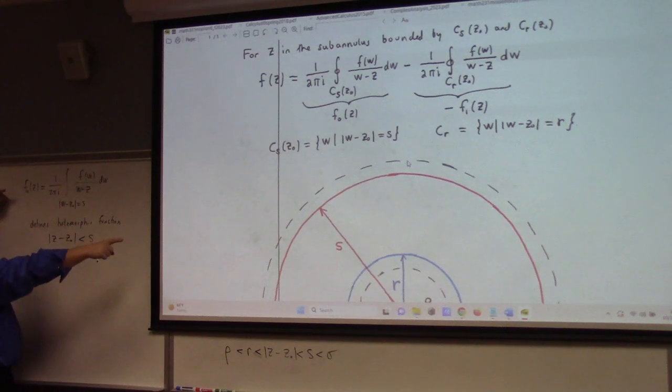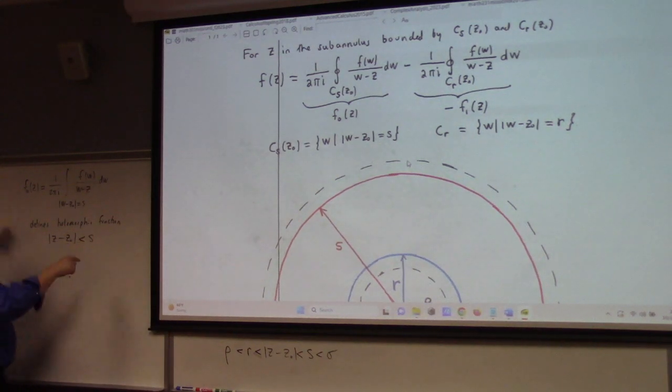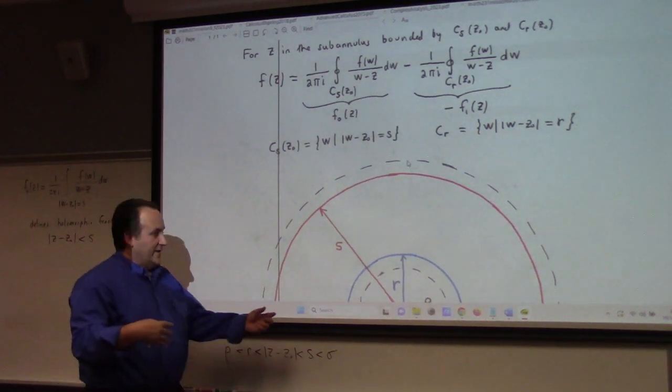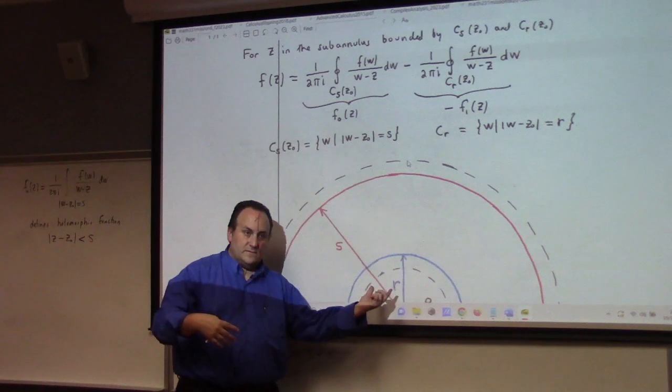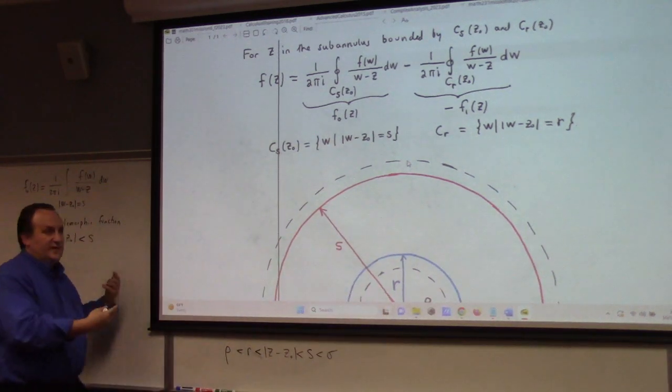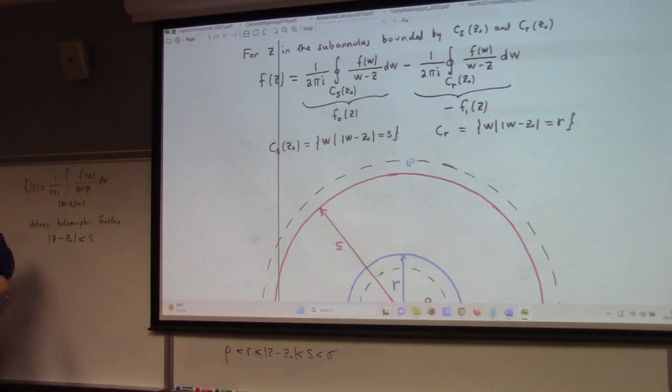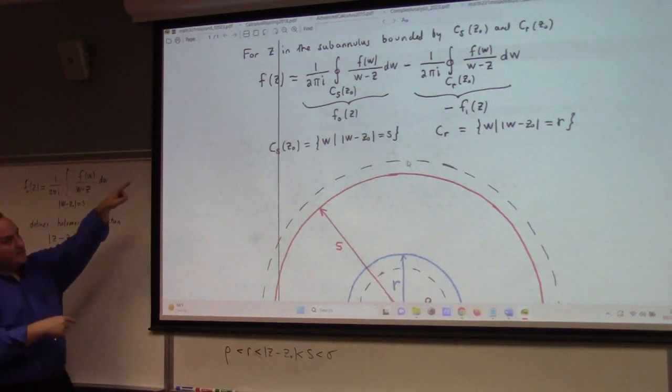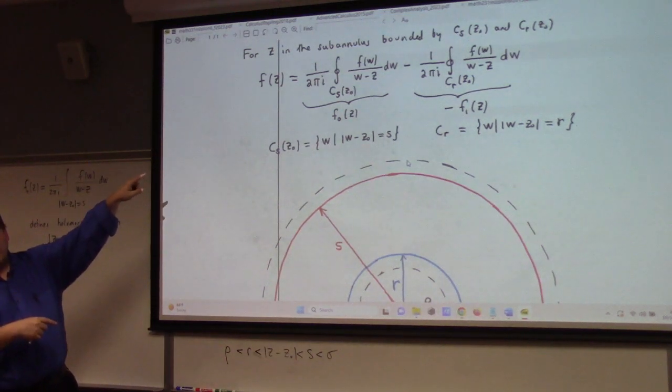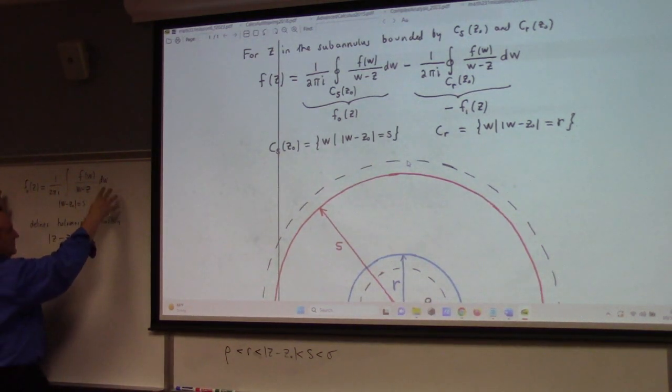Actually on the red circle. See, so it doesn't even matter that I don't know any information at all about F inside the dotted circle. I can still meaningfully calculate this integral, and so I can extend it for Z. Again, the formula here only holds in the annulus, but this taken on its lonesome goes all the way to